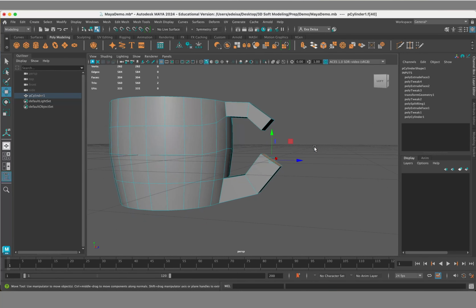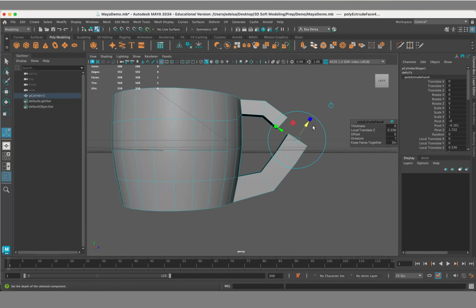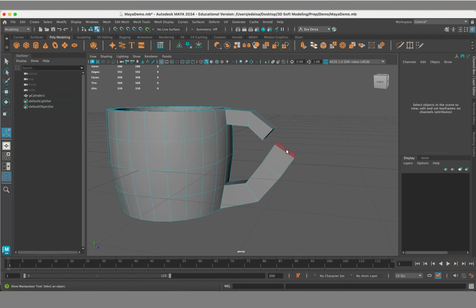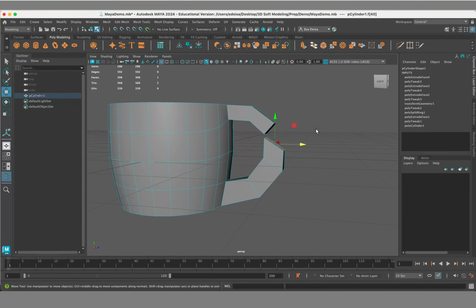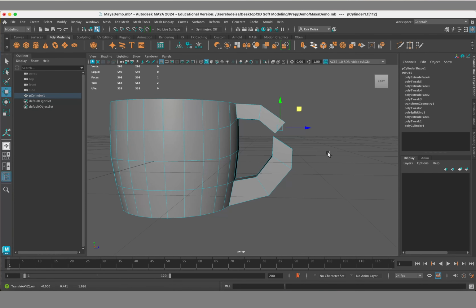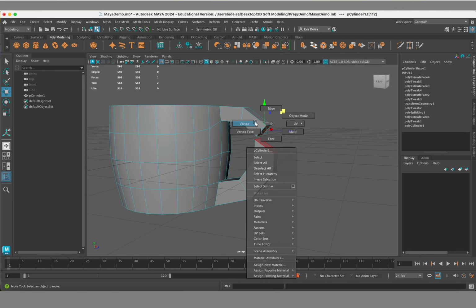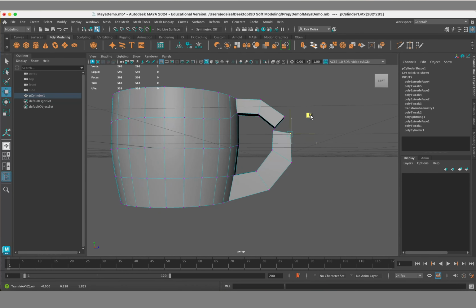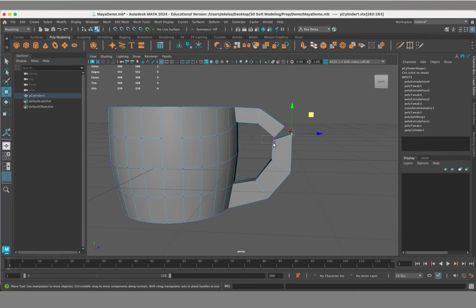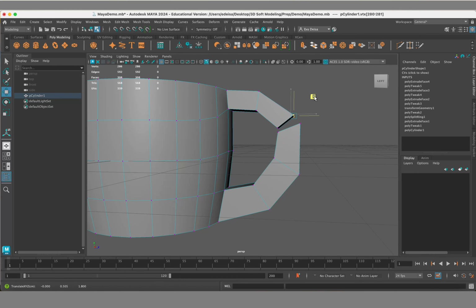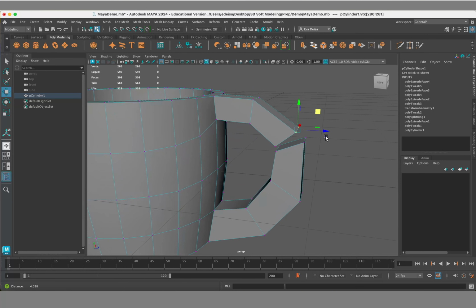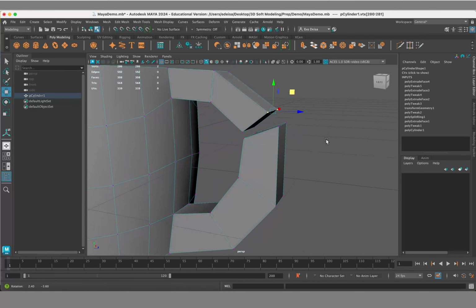Back into face mode, Command E, extruding, cool, just click off of it, select this face, nudge it in here. Actually, I might just take this face and put it down slightly. Cool. So I'm gonna take these vertices, select these two vertices, gonna go up, select these two, and go back in and up. And so now what I basically need to do is connect both of these together, right? And the way I will do that is by